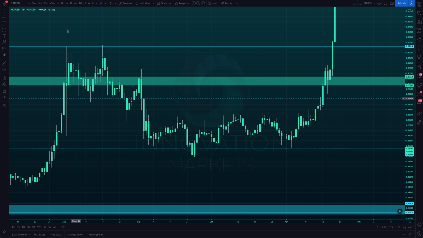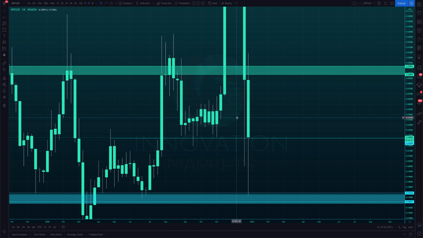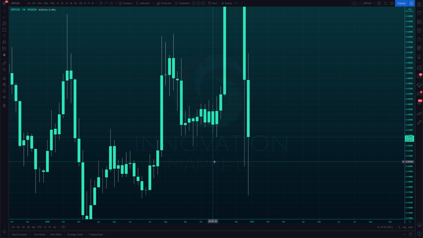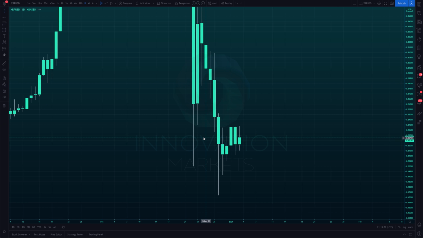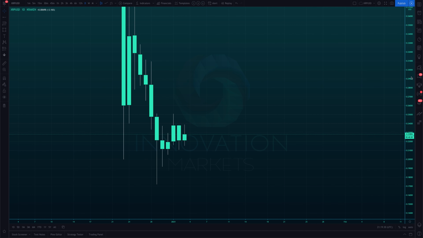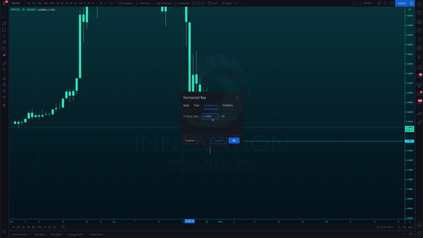Another good example, going to the weekly time frame, is the present point in time now. So I will clear the drawings. We will go to the daily. One thing that's catching my attention right now is this level here. So when XRP crashed and we went down to the 20 cents region, which I will mark out here for you now,